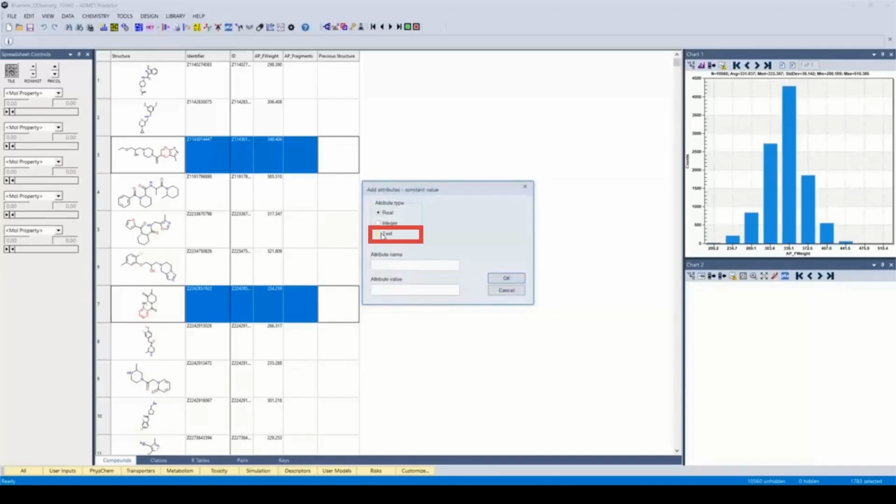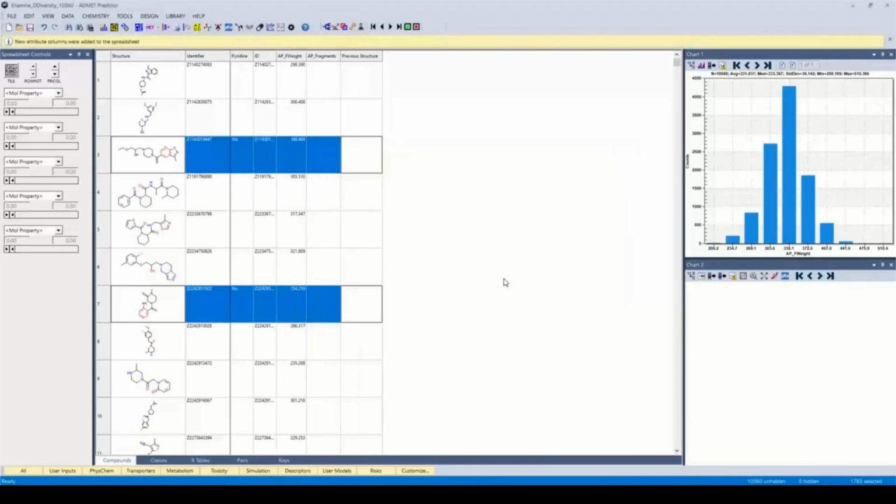And in this case, it's going to be a text. The attribute name is going to be pyridine. And since these are the compounds containing it, we're going to say yes, it contains one or multiple pyridine rings. So we've added a pyridine column here, with the compounds actually containing one or multiple pyridine rings getting a yes